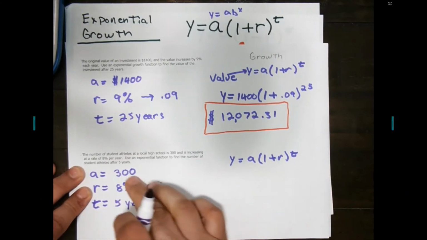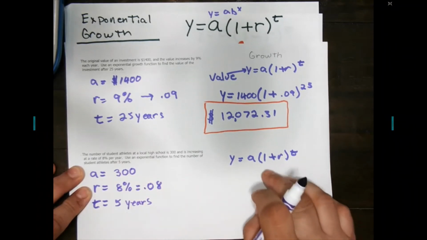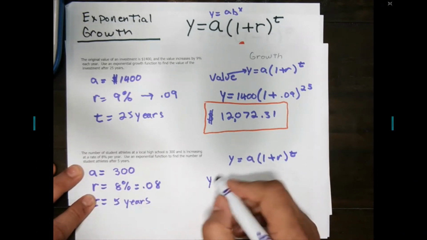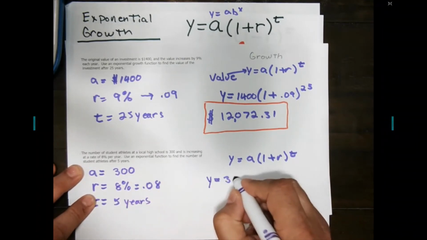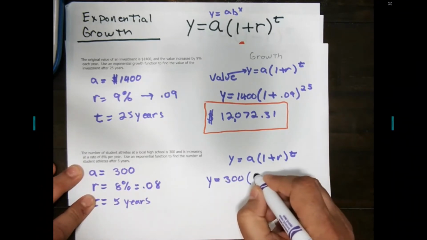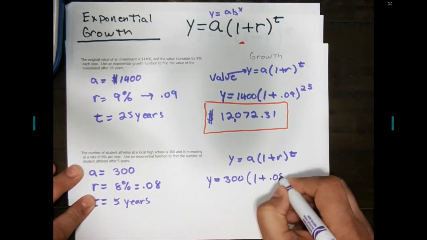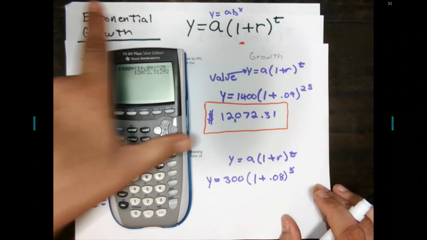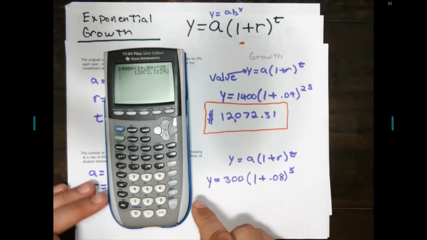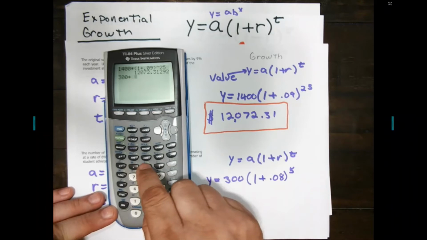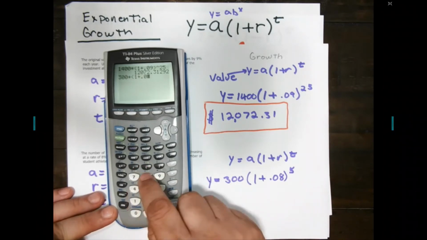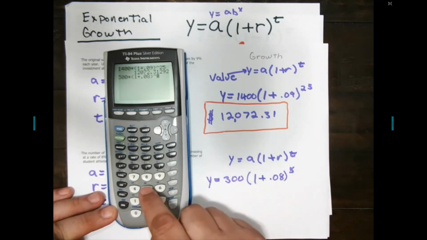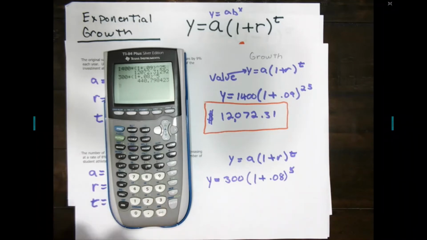Okay. Now I substitute each one of these values into my equation. So the number of student athletes, Y, is equal to my initial amount of 300 times 1 plus 0.08 to the power of my time of 5 years. I get my calculator out and type it in just like I see it: 300 times parenthesis 1 plus 0.08. I use the caret, the hat, the rooftop symbol for my power in 5 years. Press enter, and I get